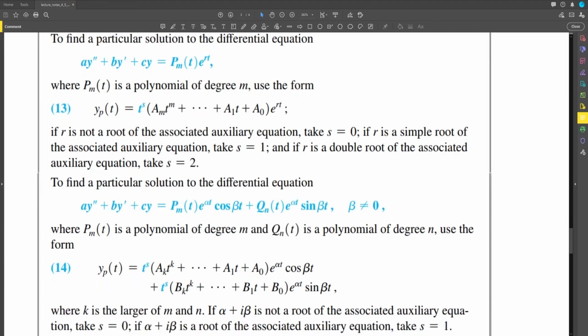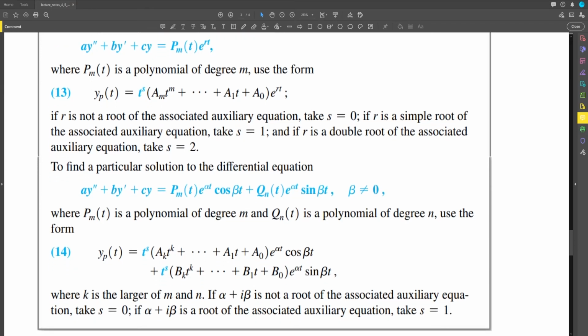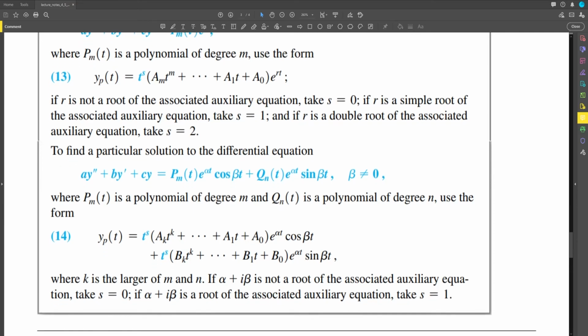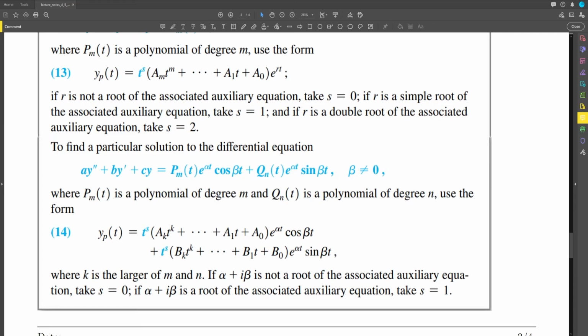We can also generalize finding particular solutions if the right-hand side involves cosine or sine. So to find a particular solution to the differential equation ay double prime plus by prime plus cy equals pm of t times e to the power alpha t cosine beta t plus qn of t times e to the power alpha t sine beta t, where beta is not equal to 0 and p sub m of t is a polynomial of degree m and q sub n of t is a polynomial of degree n, then we use